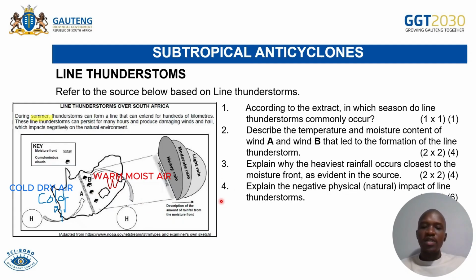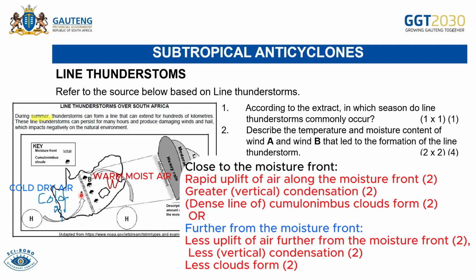Explain why the heaviest rainfall occurs closer to the moisture front, as evidence in the source. You see, they gave us evidence. Explain why. Remember, it's telling us that closer to the moisture front we have heavy rainfall. That's because at the moisture front, that's where we are going to have more uplift of the warm air, which means there's going to be more condensation, right? With more condensation, it means there will be more formation of cumulonimbus clouds closer to the moisture front,